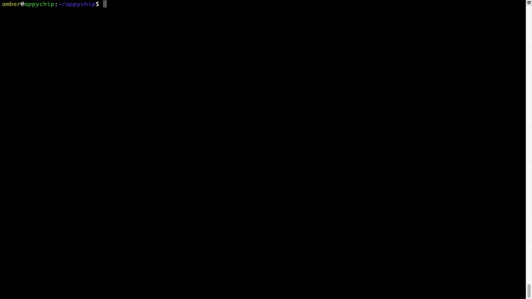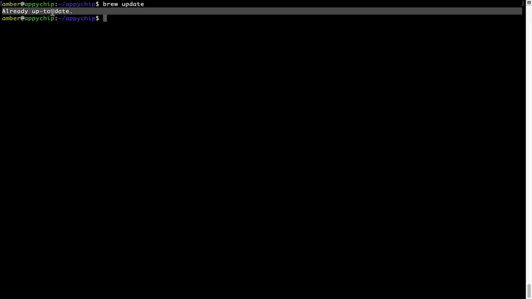Now let's update the package database locally by pulling the metadata of the latest packages onto a local machine from the central brew repository. This should typically take less than a minute to complete depending on your internet connection speed. To do so, simply type the command brew update and press enter. As you can see, my local brew database is already up to date